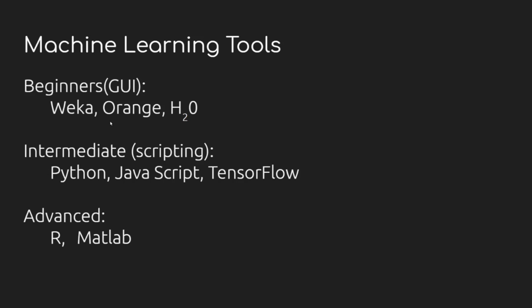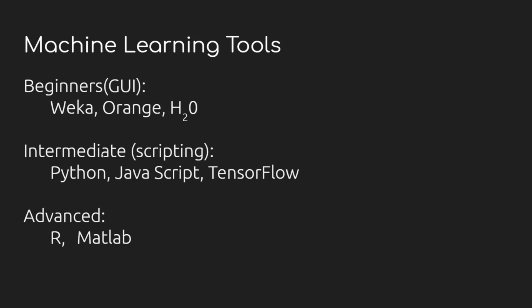Then you have the intermediate level. Suppose you are well versed with your machine learning and understood whatever I said today in one shot, so you are very good with the basics. Then these two tools will not be that helpful, so you can jump ahead and start scripting. You can code in Python, you can code in JavaScript. You can make use of TensorFlow, or PyTorch. There are many libraries available. You can use JavaScript and Python, which is based on TensorFlow.